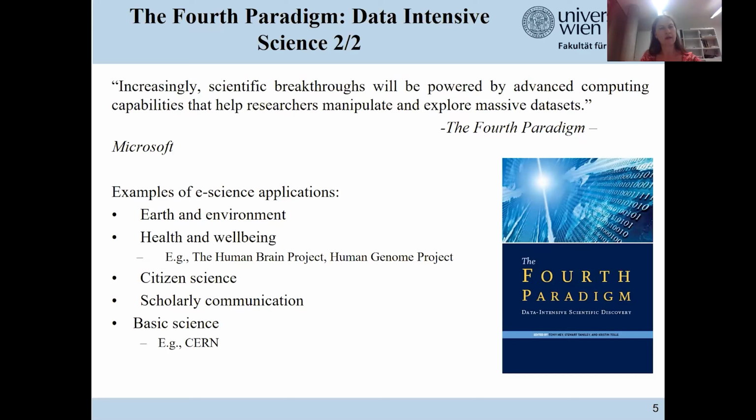But also in health and well-being, for instance, people from the Human Brain Project try to understand how the brain works by using data from observation and from simulations. Also in citizen sciences and in political sciences, these sciences involve more and more data analysis. And of course, also in basic natural sciences like physics at CERN, you urgently need analysis techniques for making sense of all the data which is produced by instruments like the Large Hadron Collider.